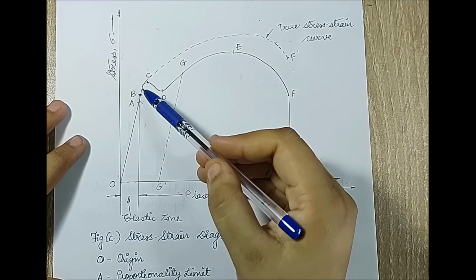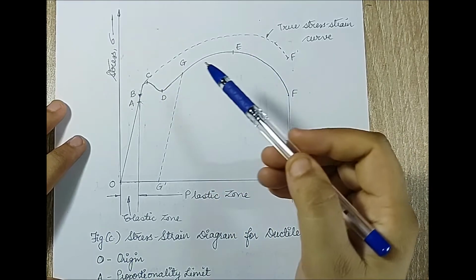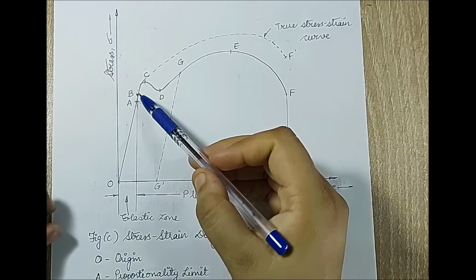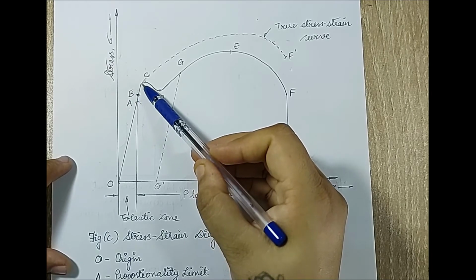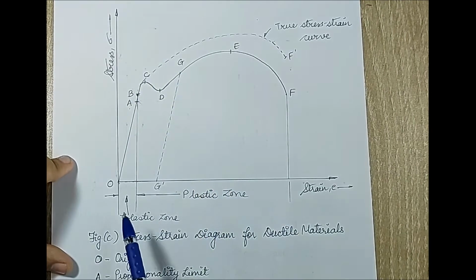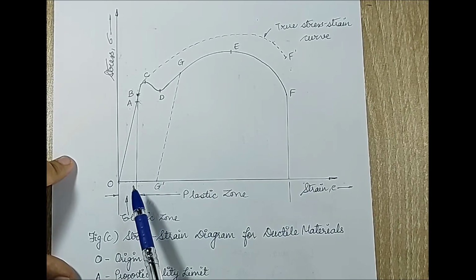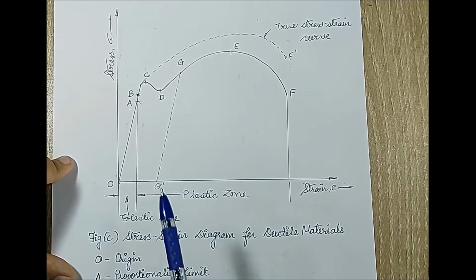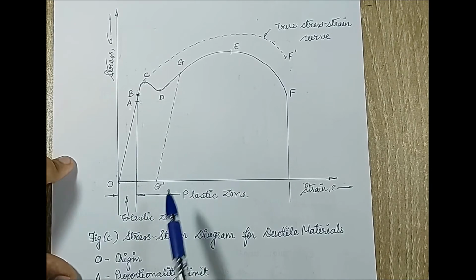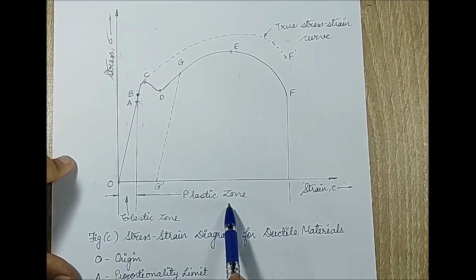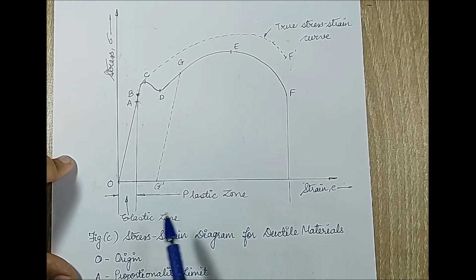So when I apply more load on the body, the material shows a different kind of behavior, because after the point B, if you start applying load, the body starts entering the plastic zone, which means if you apply load, the body deforms. When you remove the load, you will still see some amount of deformation remaining in the body, which is the definition of plastic zone, as I am saying, because mild steel is not a plastic material, but it can definitely show something which is called the elastic zone and plastic zone.